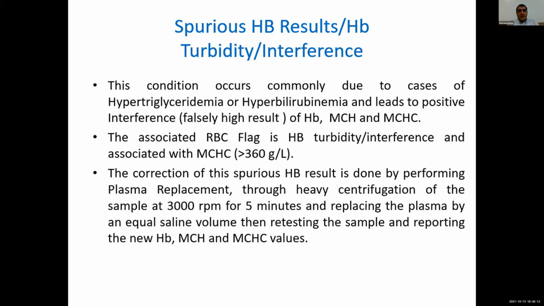Actually, the hemoglobin turbidity or interference will be corrected by performing plasma replacement of the specimen, and this is achieved by doing heavy centrifugation of the sample at high spin, 3000 RPM for at least 5 minutes, and then we will replace the plasma by an equal volume of saline. Then the sample is mixed properly and retested, and then we will achieve accurate results of the hemoglobin, MCH and the MCHC, and this result should be reported